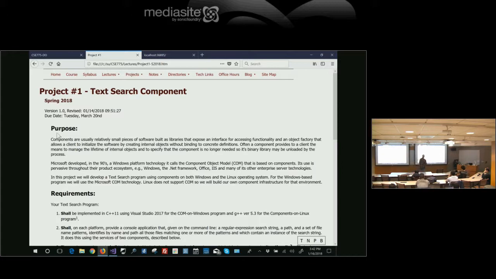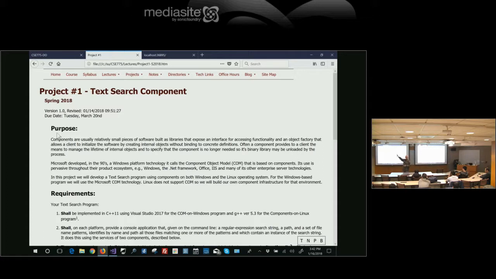For Project One, the model here is that we're going to build components. We're going to build a COM component that wraps some pretty simple stuff. The functional content in this project is intentionally really simple so that you can focus on COM. The focus isn't on how to implement that requirement, it'll be almost obvious.